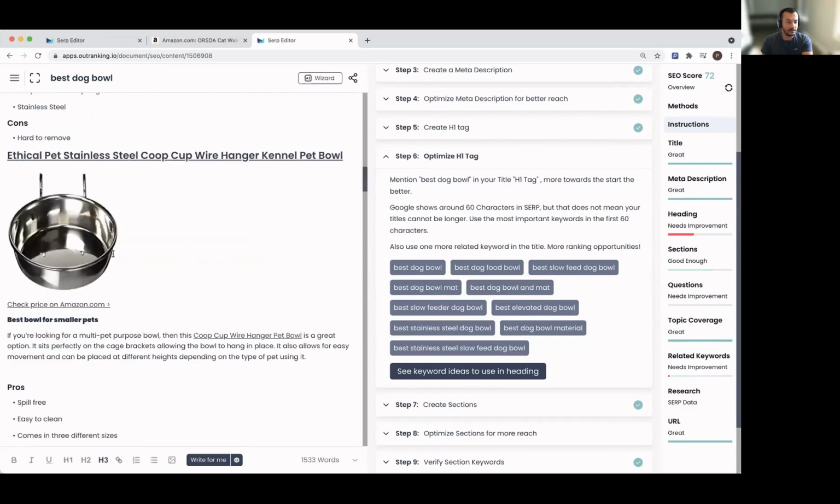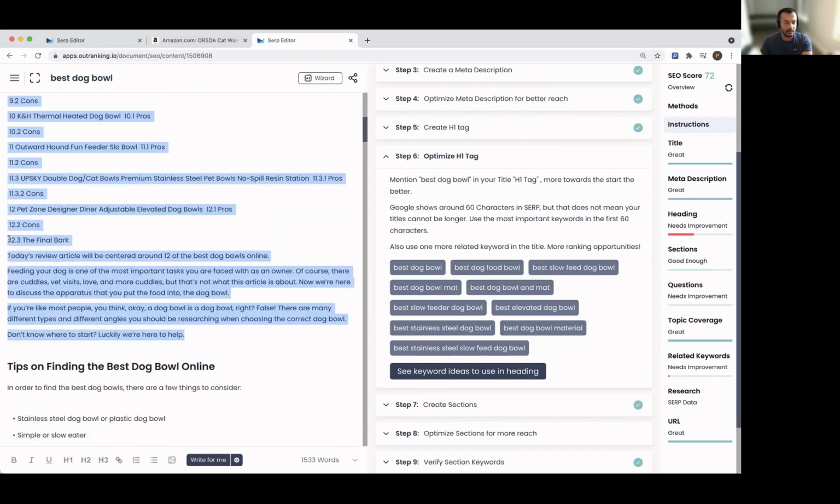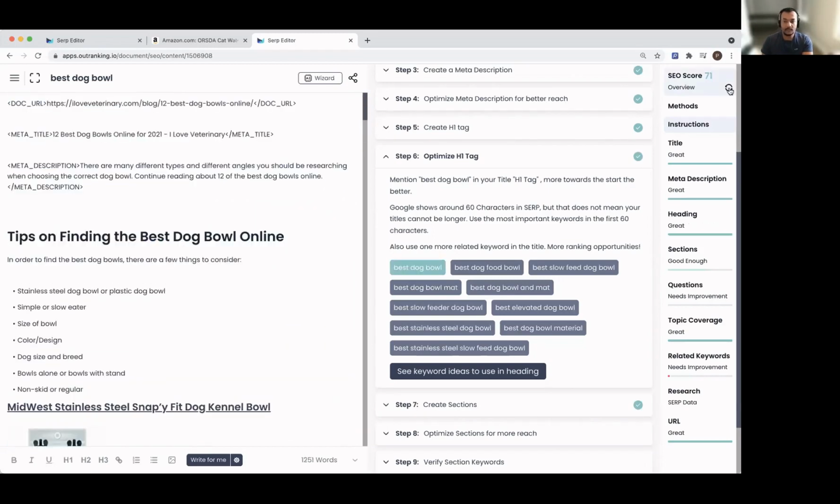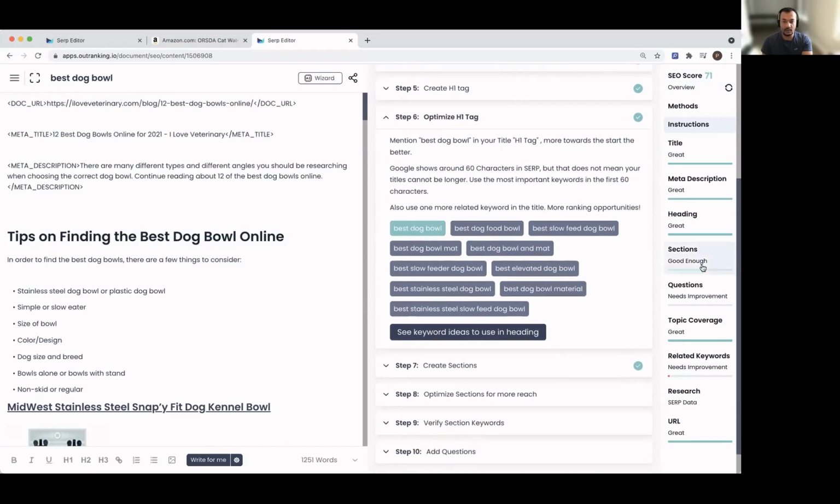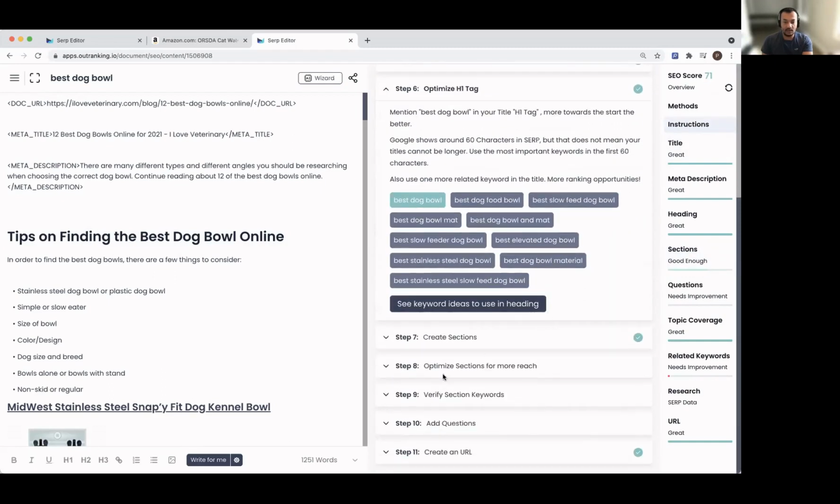Or tips of finding the best bowl online. This is not an H1 tag. You need to convert that into an H1 tag. This is an H2. Okay, but it's still not targeting all the keywords, so you can optimize it more if you wanted to. Then you can go to sections, sorry, instructions, go down and see, okay,